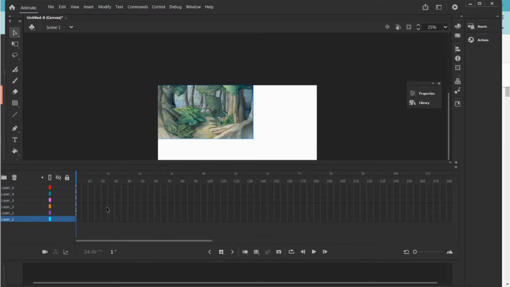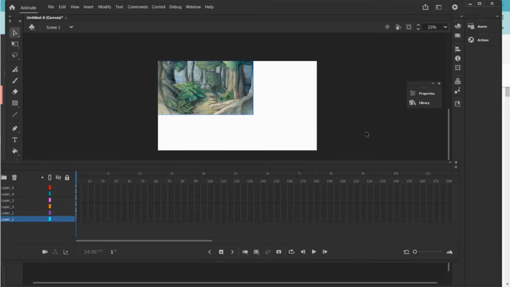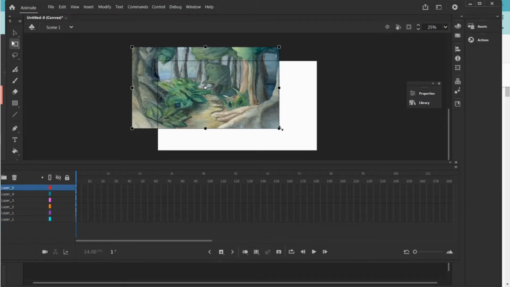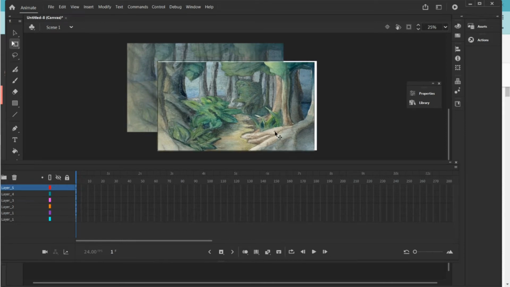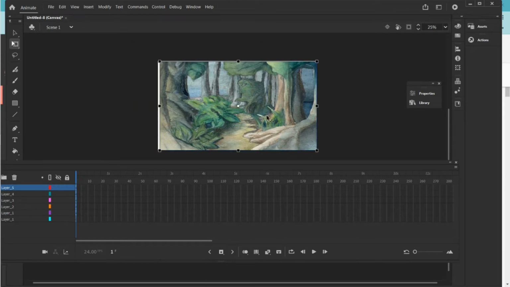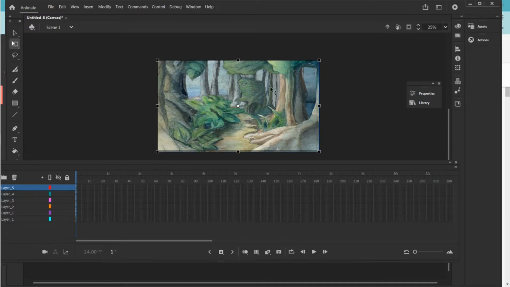Now, the nice thing about that is that these layers, these 4 layers plus the white background, are all lined up with each other so that they're not going to get out of sync. And also, all the layers are selected. You see how they're in blue? So if I enlarge it by taking the transform tool, all of them will enlarge together. So they're going to stay lined up with each other, because all the layers are selected. You won't have to worry about realigning them, re-registering them in Adobe Animate,